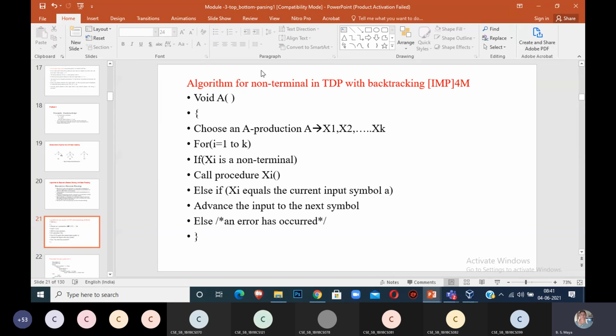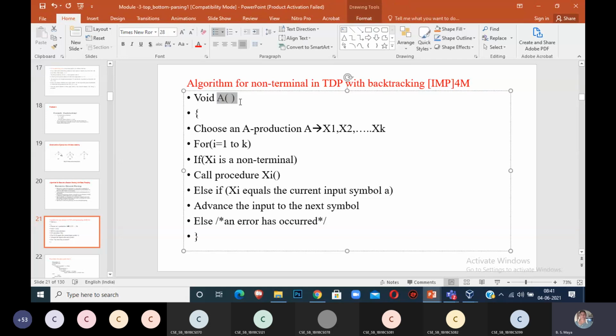It will start with A. This A can be a non-terminal, it can be any symbol. What it says is a general algorithm. For any non-terminal, you have to do it like this. If A is a non-terminal, choose an A production from all the alternatives. See, X1, X2, X3 up to Xk, these are called the alternative productions for A. For all the alternative productions, i equals 1 to k,